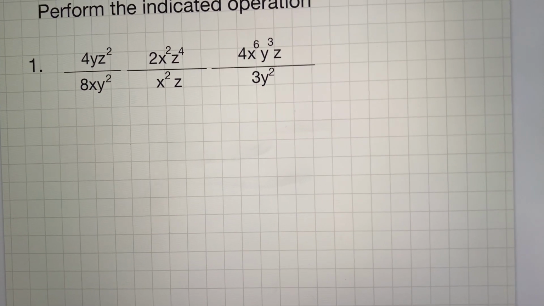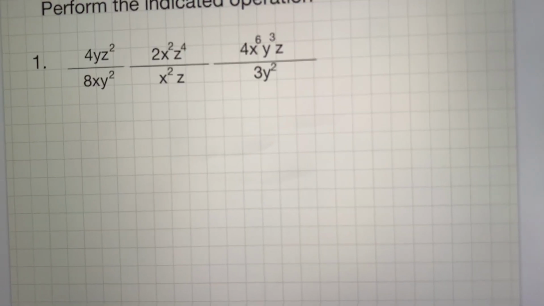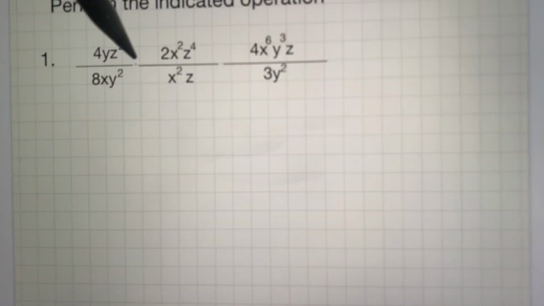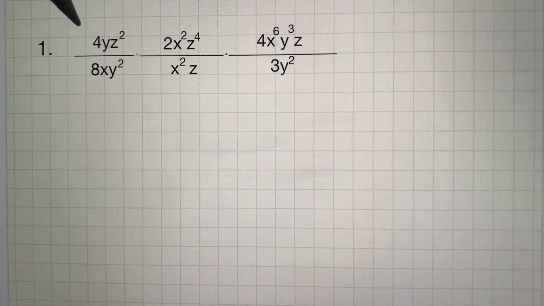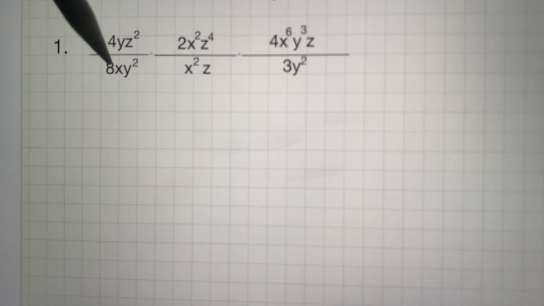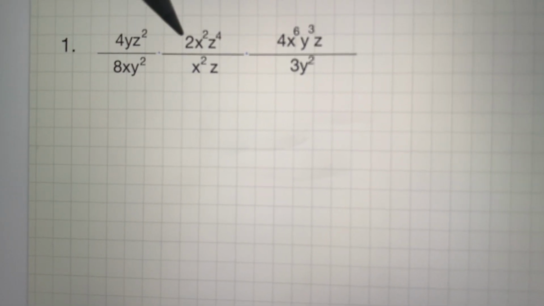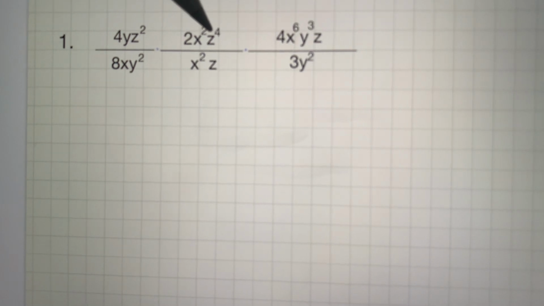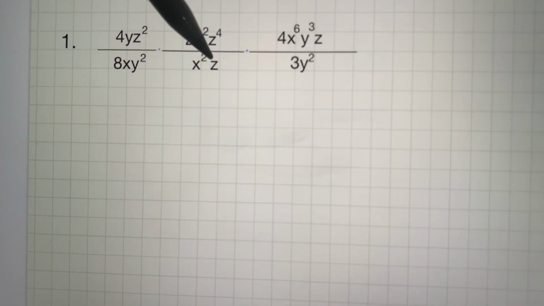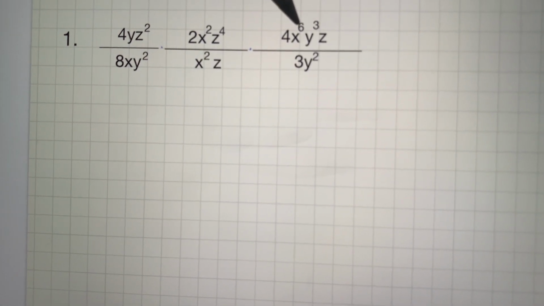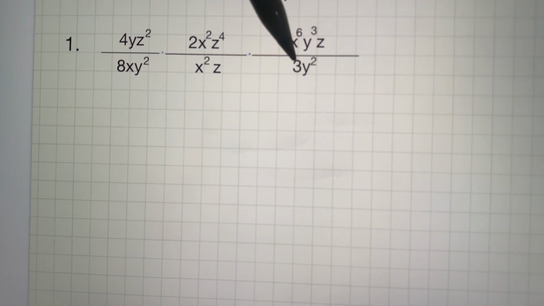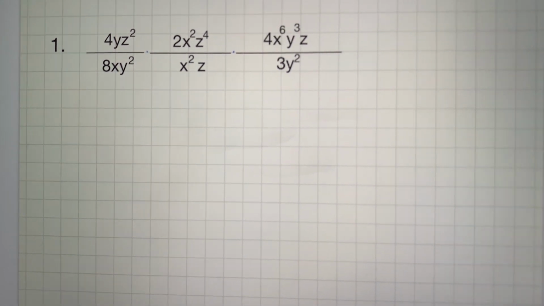Hi, continuing with the simplification of rational expressions. Now I'm going to perform the indicated operation, which in this case is multiplying the fractions 4yz squared over 8xy squared times 2x squared z to the fourth over x squared z times 4x to the sixth y cubed z over 3y squared. In order to do this, then